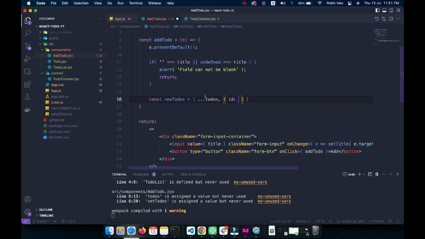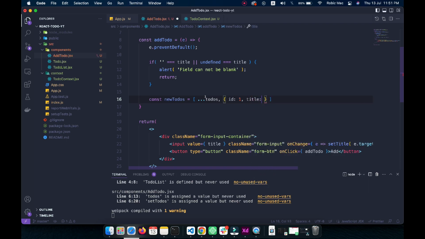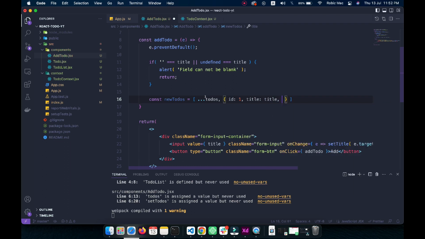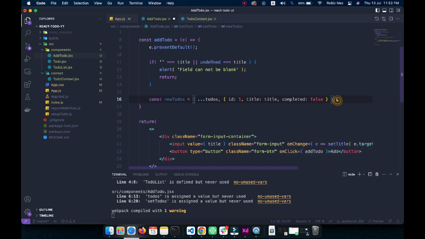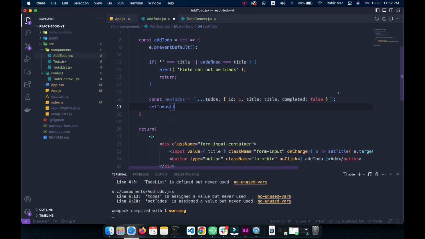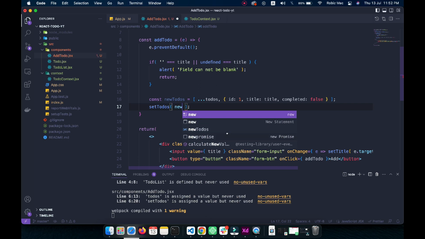Here maybe we can have some random ID, but I will add a package later to generate the unique ID. For now, let's add just one, and the title will be just the title, and completed we can make false at the beginning. Then we can do setTodos and fill it up with the new todos. All right,